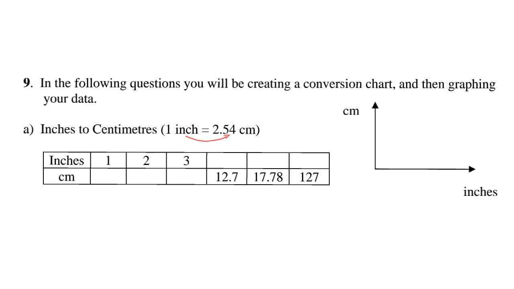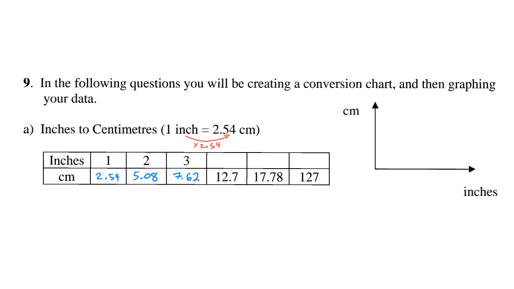Inches to centimeters means that we're timesing by 2.54. So basically, for 1, 2, and 3, we get the following. And for number 2, we're going to get 2 times 2.54, which is 5.08. Then we end up with 3 inches turning into 7.62